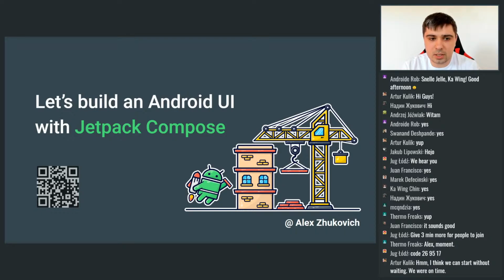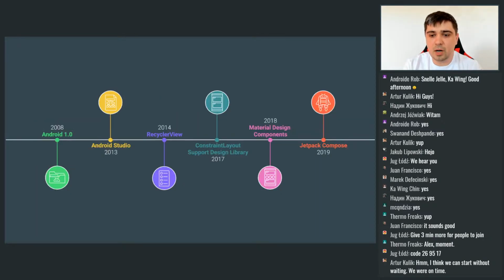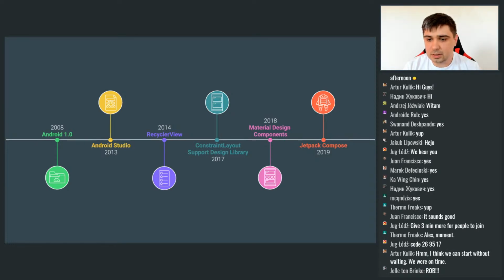So let's start with an overview of the latest releases we have for Android development connected with UI development. The first big release was in 2008, and it was the release of Android 1.0. The next big release was the release of Android Studio. I personally started before Android Studio, and I remember the fun time with Eclipse, Android SDK, multiple plugins, and probably many people who started before Android Studio